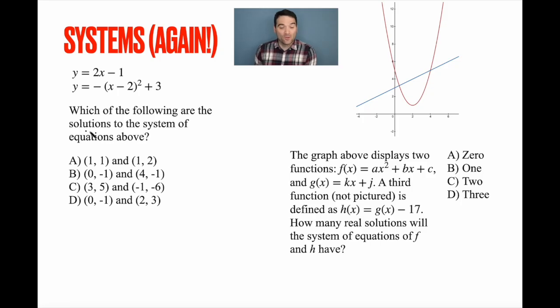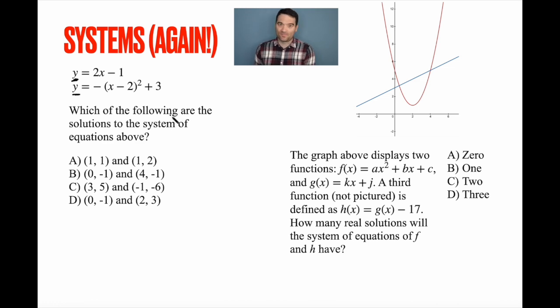Starting over here. Which of the following are the solutions to the system of equations above? Now, you absolutely could solve this algebraically, and if that's your jam, go for it. In fact, the variable y is already isolated. So what we could do is just take this, negative x minus 2 squared plus 3, and set it equal to the other one because the variable, again, is already isolated. And if you want to do that, again, please go ahead. I feel like we've already done enough algebra, so I want to explore some other ways to do this, starting